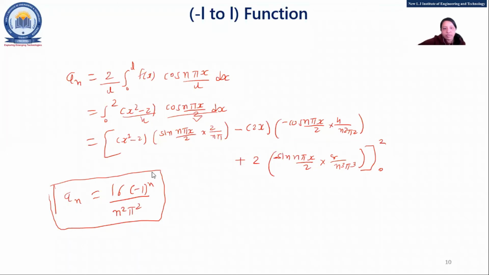So now this is the sum over minus L to L. You can apply the odd-even concept and you can find out the Fourier series, right? In the next lecture, we'll go for the last topic of this unit, that is half range sine and cosine series. That is also an important one. If you are having any doubt in calculation, just make a note of this and we'll solve it in the next lecture. Fine. Okay. Thank you.